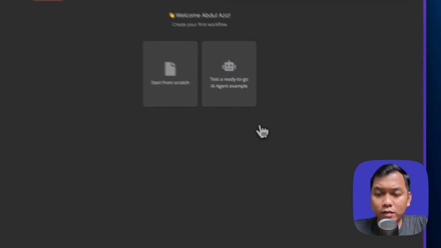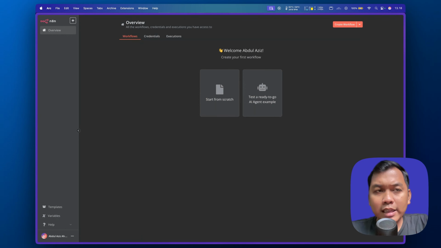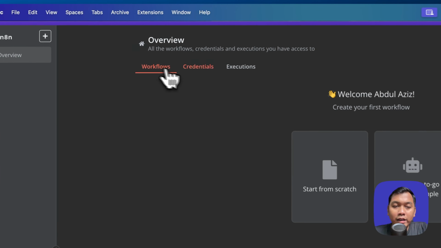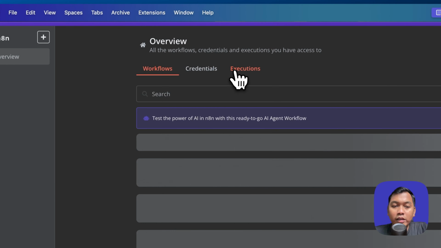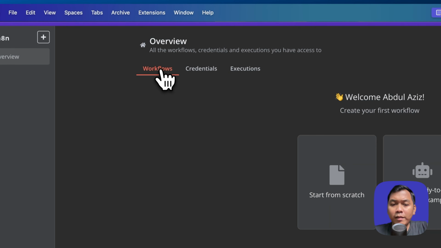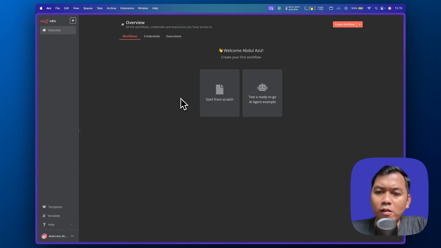Alright, so it looks like this. The n8n dashboard. Nothing here because we don't have any workflow, any credential, any execution here, because this is my very first or starter n8n.